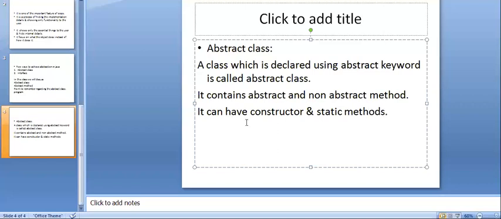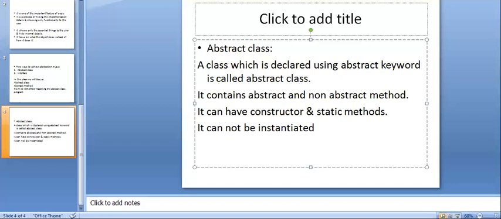One more point to remember: an abstract class cannot be instantiated.